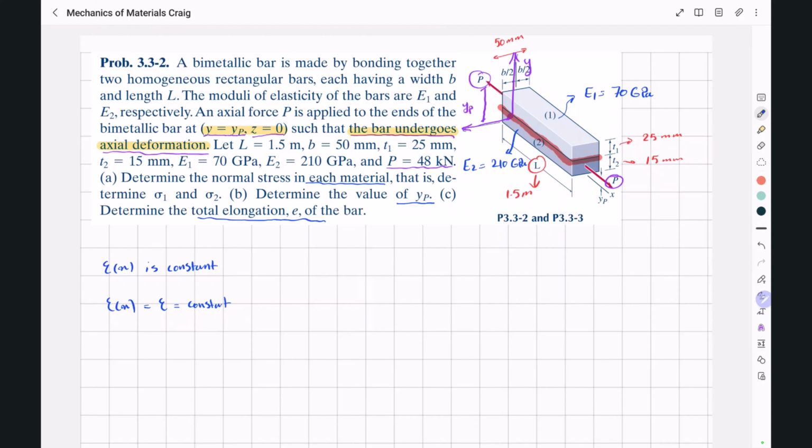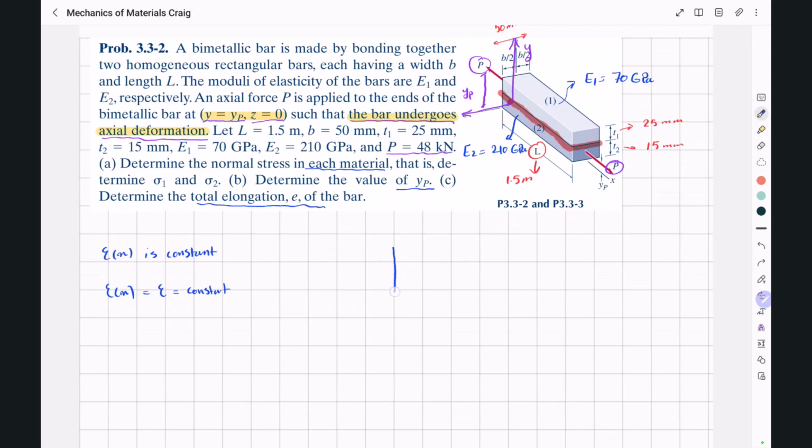And now since we have two different materials, we're going to have two different values of stresses in these two materials. So if this is our bar, the thickness of the first material was 25, and for the second one it was 15 millimeters. So 25 millimeters, this is going to be 15 millimeters. This is our material number 1, this is number 2. And now for the first one, the stress